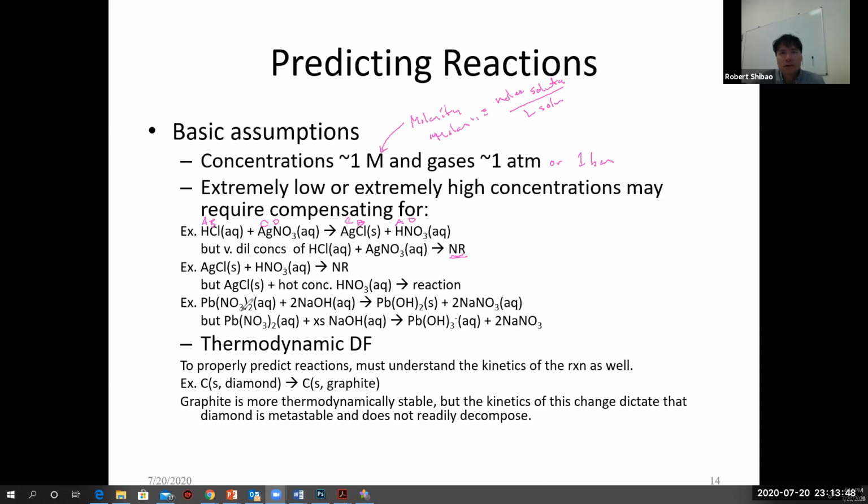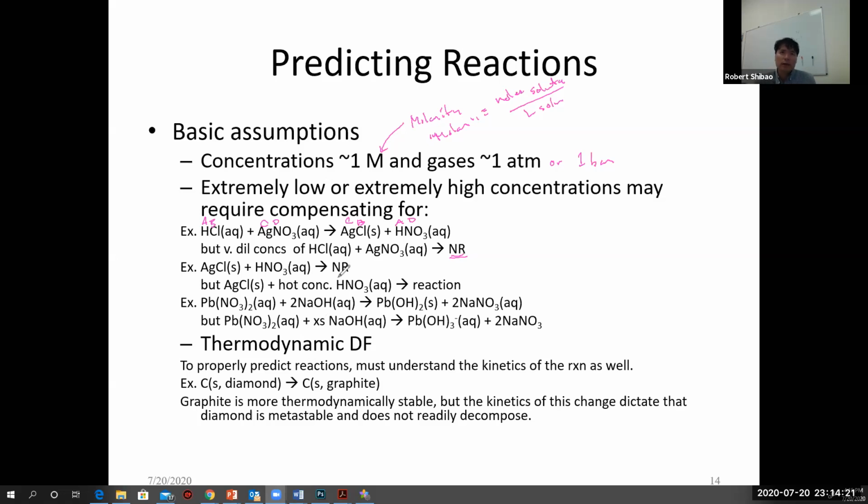Here's another double replacement reaction with lead-2 nitrate and sodium hydroxide to form lead-2 hydroxide and sodium nitrate. But if we add too much hydroxide, what happens is we form this species here. This species is called trihydroxide plumbate 2 ion. And what happens is if we add too much hydroxide, we don't get this white solid appear. This we call a white PPT. It disappears. So the white PPT would disappear back into solution.